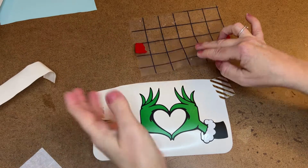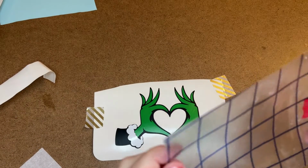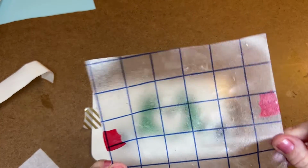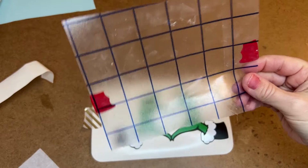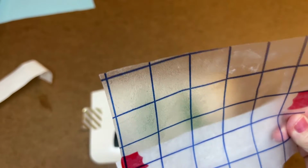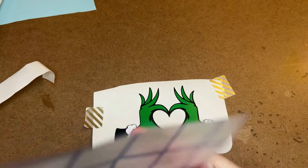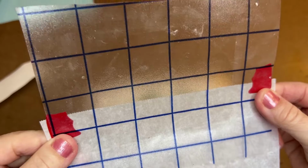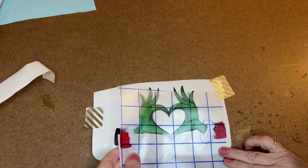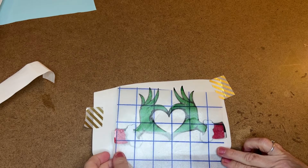Yes, you have the risk of now everything is sticky and exposed, but trust me, flipping that thing over and peeling the paper backing off of your vinyl always works better. And then if there's a part of the vinyl that's not fully stuck to the transfer tape, you can just burnish it some more. So now we're using the parchment paper again to kind of be our barrier, because